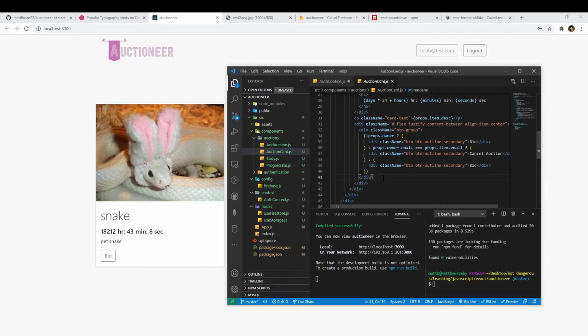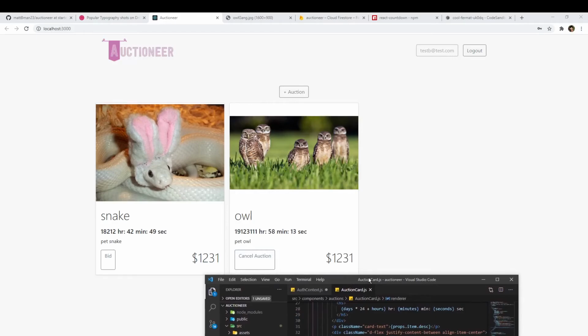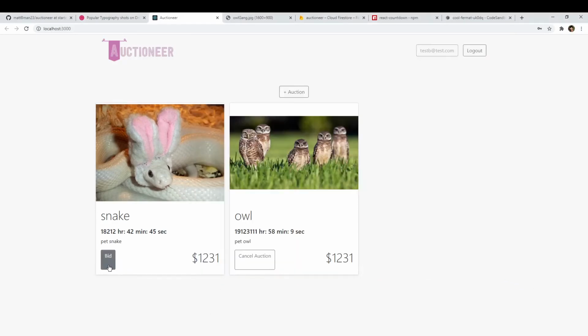Yep, so I want p dot display 6 and props dot item dot current price, if I'm not wrong. Yep, and we need to add a dollar sign. Yeah, so when the user clicks on bid,